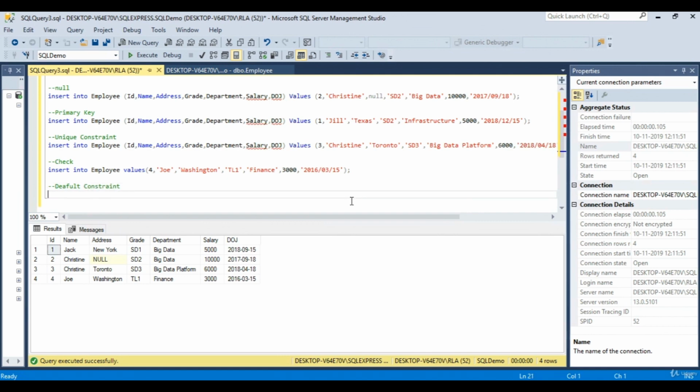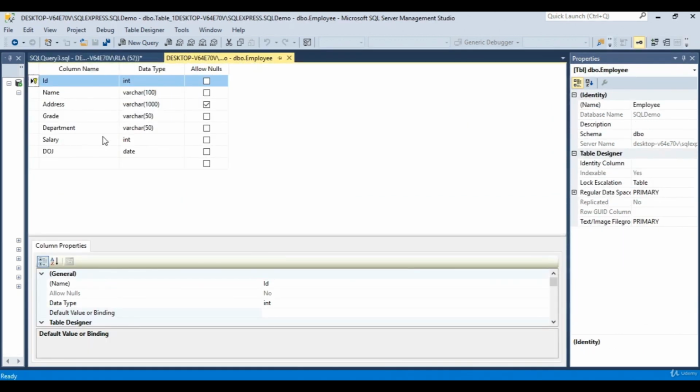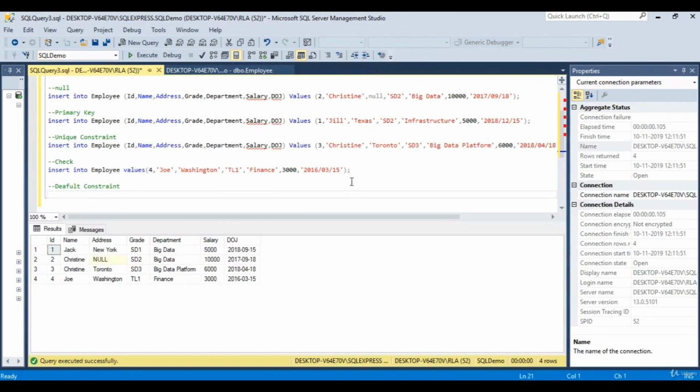What does default constraint say? Default constraint says if I don't provide any value, which column did we add default constraint to? Date of joining. So what this does is, if I don't provide any value to this date of joining, then it will take today's date. Okay, so here I will copy this and paste it here, and I won't provide any value here. So I will completely remove this,